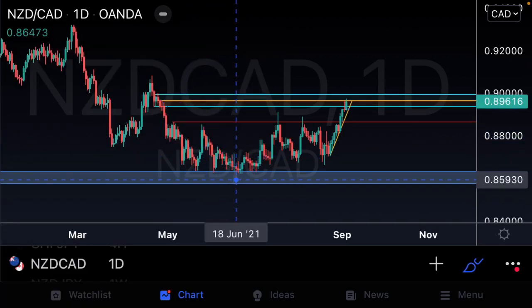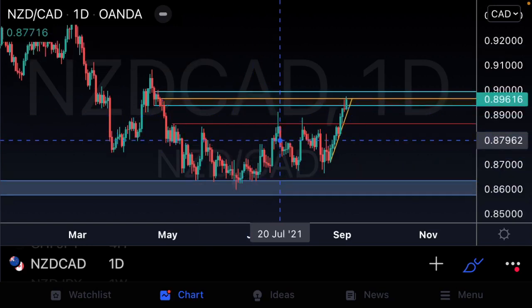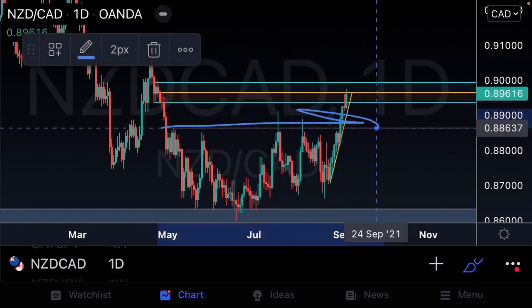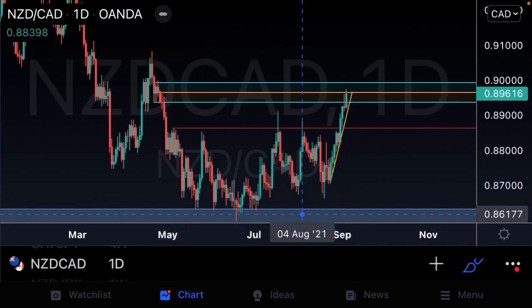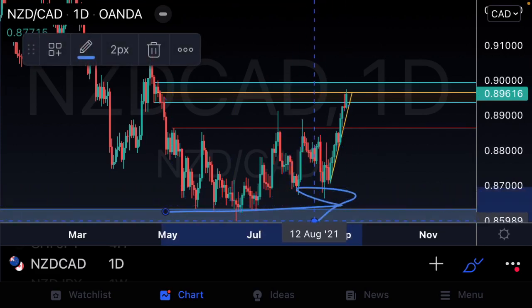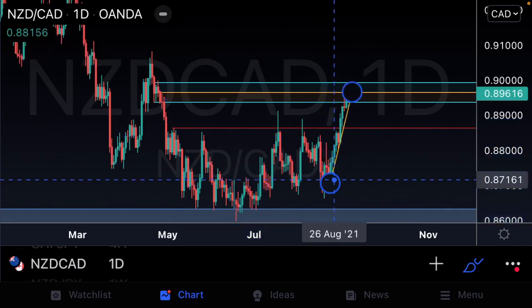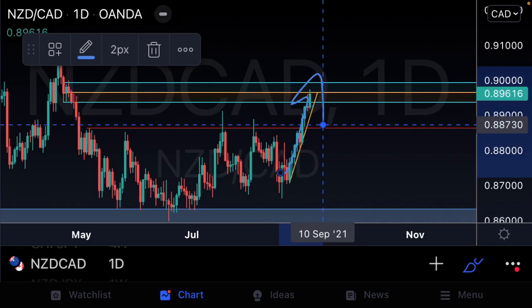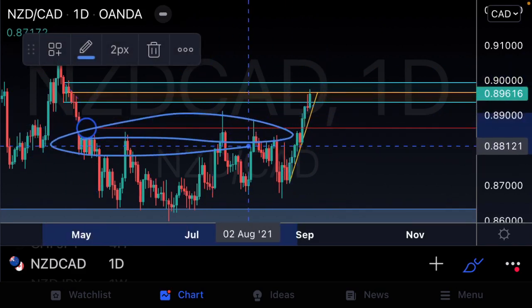Then we see some nice bullish momentum coming out of this market. So what we then established, guys, is that we were stuck within a range, below those higher structures and above these lower structures here. We were stuck in some sort of consolidation. What we can see, guys, is price most recently violating this resistance area, this nice range that we've